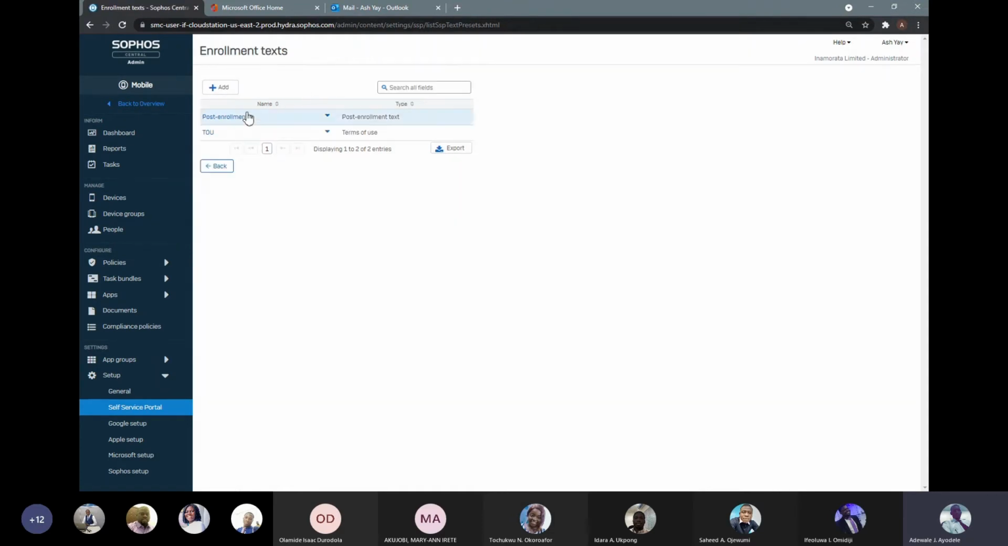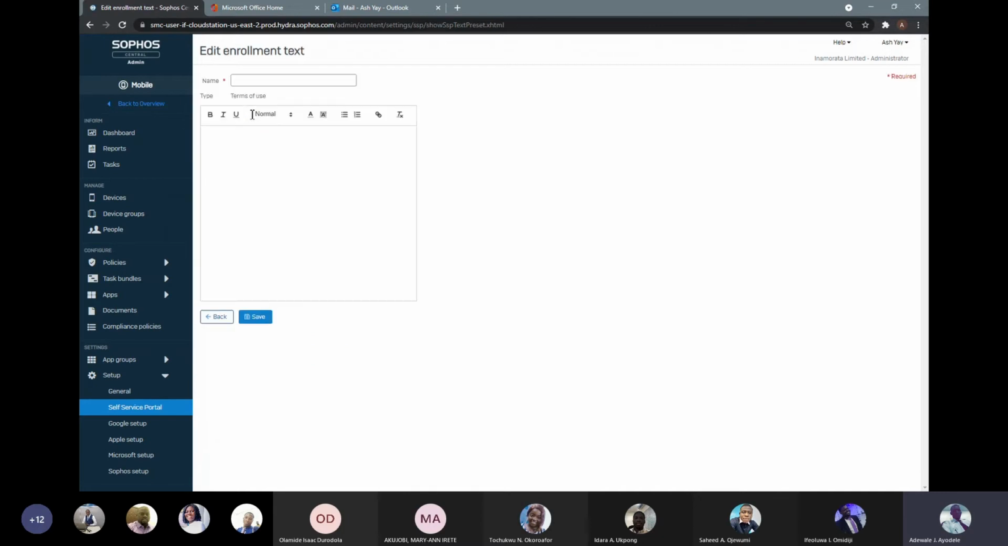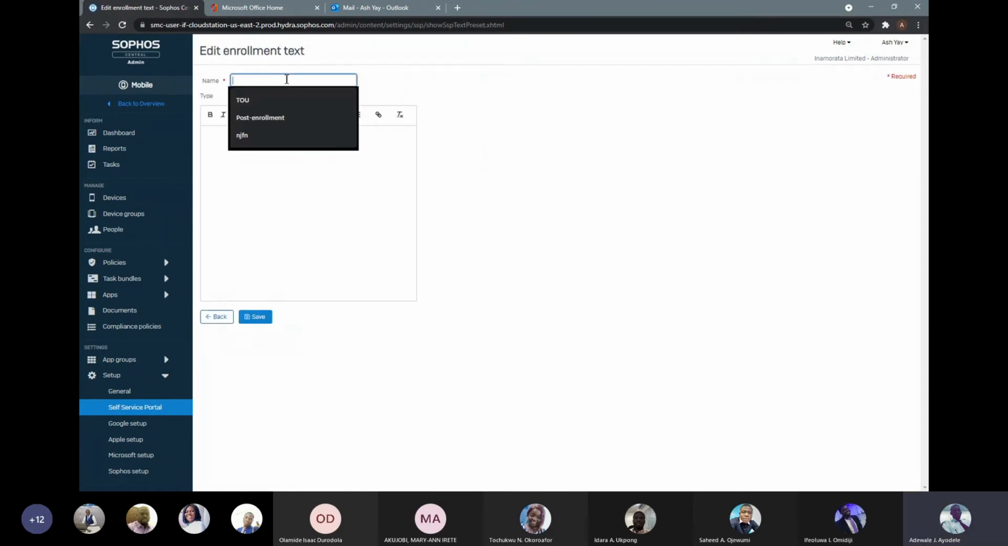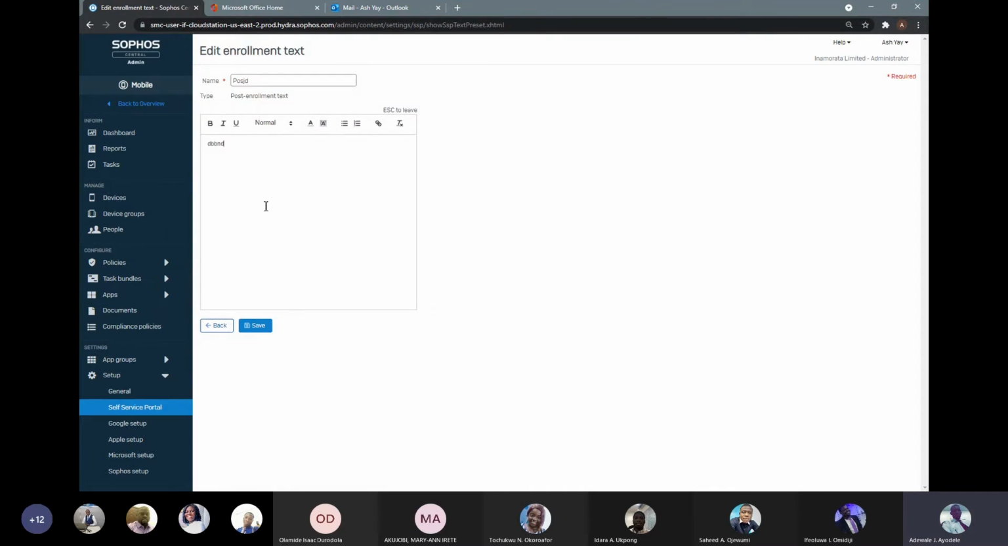So if you click the enrollment text, you would see add. Before now I have that already configured. That's the term of use and the post enrollment. So if you add it, you would see term of use. You put the write-up here, you put it, and everything, you give it a name. So once you do that, give it a name, you would save it. And same thing for the post enrollment. So you can give it a name, post enrollment and all. So once that has been done,